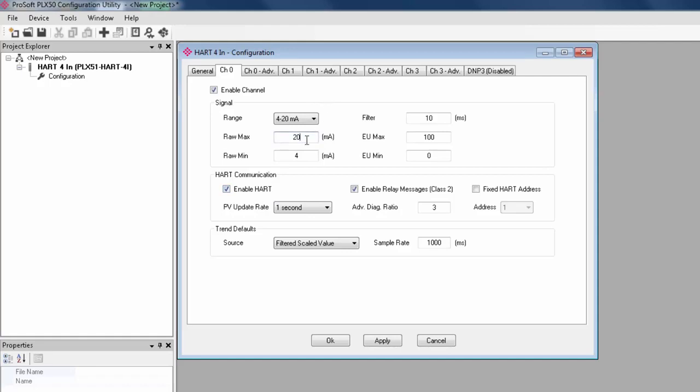So back under Signal, there's also a raw, min, and max values, as well as filter settings and an engineering units max and min. And you would use this to scale the raw analog input. So moving down to configuration,